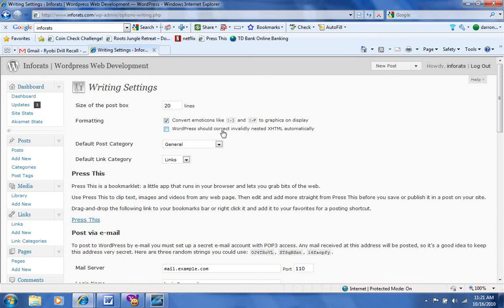Formatting. This will allow dynamic text handling, converting common symbols, abbreviations into their associated symbol, like emoticons, smiley faces, that kind of stuff. WordPress should correct invalidly nested XHTML automatically. I keep this unchecked because I do like to nest JavaScript, sometimes other code, into my HTML, and prefer that it doesn't get stripped once I input it, because if you toggle between on a post,